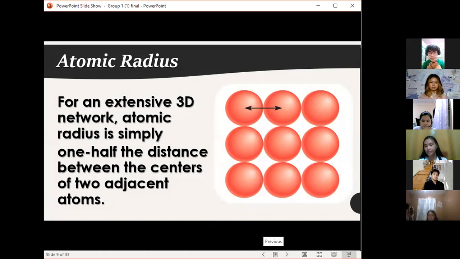And for atoms linked together to form an extensive three-dimensional network, as illustrated here, this is an example of beryllium, a metal. Atomic radius is simply one half the distance between the nuclei of two neighboring atoms. And as you can see, the arrow signifies the distance. And then next,